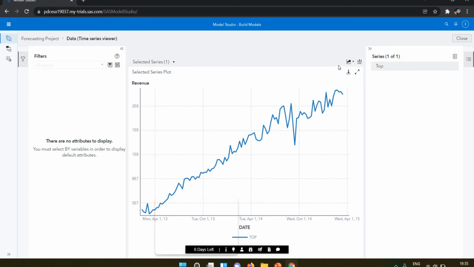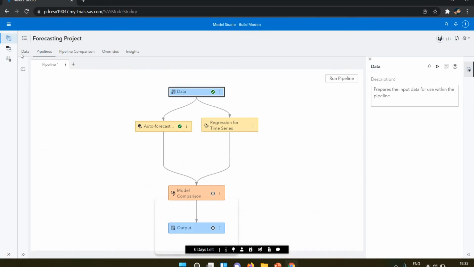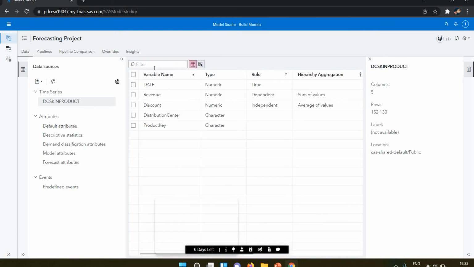Now you can see here there is no attribute to display, because I didn't select the by variable. That's the reason it is not showing the values correctly.